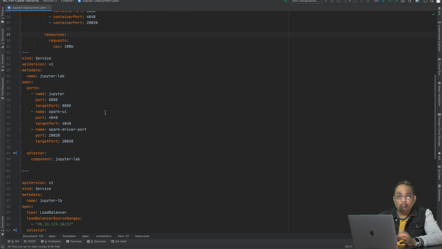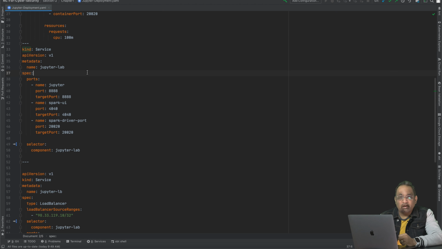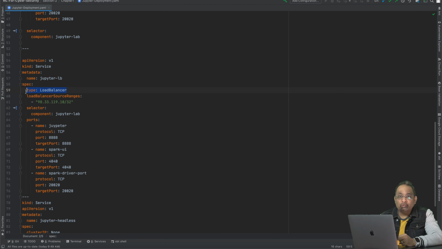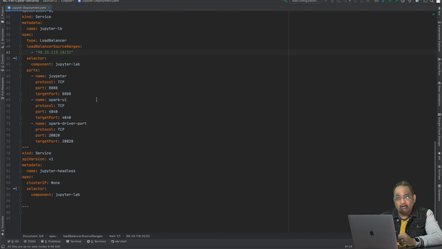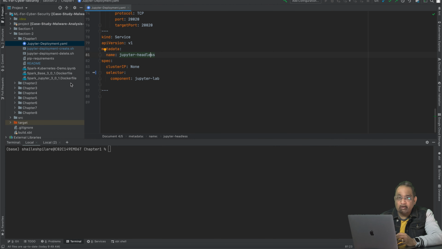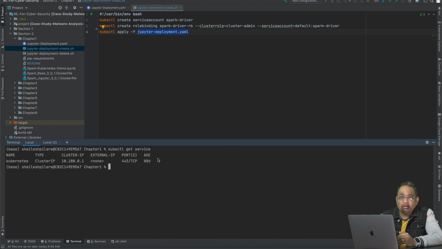The second object is the Kubernetes service, whose job is to expose the container running inside the pod to other Kubernetes objects or to the external world. In order to expose the service outside of the Kubernetes cluster, we need to expose these services with the help of a Kubernetes load balancer object, and that's what this third object is meant for. The last one is the headless service, which is used when we want to assign a fixed DNS name to the Kubernetes objects. Now it's time to execute the Kubernetes YAML file with kubectl and verify the objects and their states. As you can see, currently we do not have any pods or containers running inside the Kubernetes namespace except the out-of-the-box default Kubernetes service.